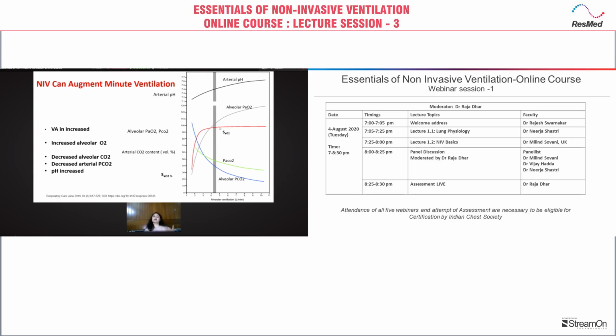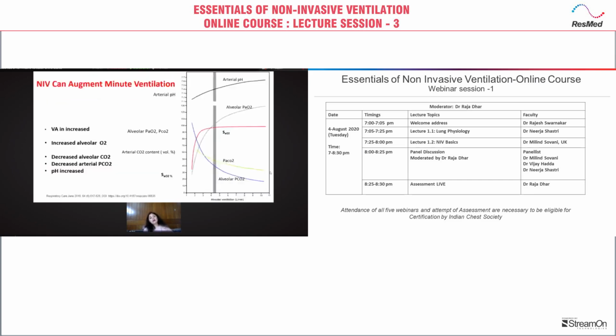But as we know, when you're at a partial pressure of oxygen of 70, hemoglobin is almost saturated, 98%. It is almost saturated with oxygen. So that is why it shows a plateau: even if you increase ventilation, the hemoglobin is already saturated. But increased ventilation will cause oxygenation, will cause removal of carbon dioxide, and will correct the patient's pH.